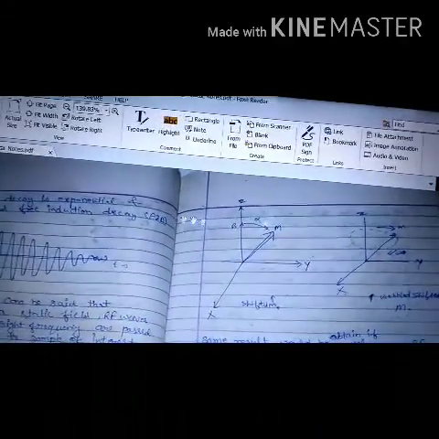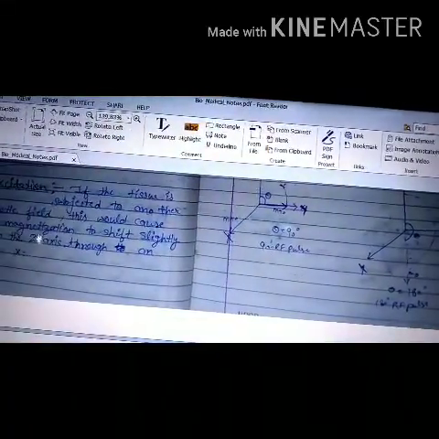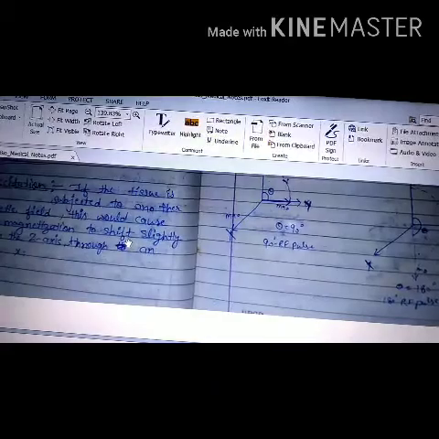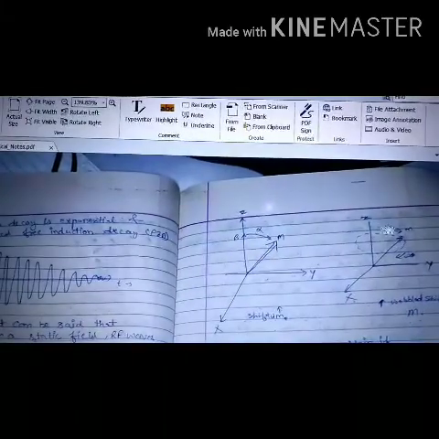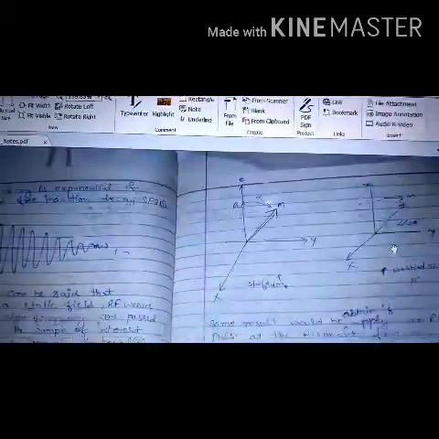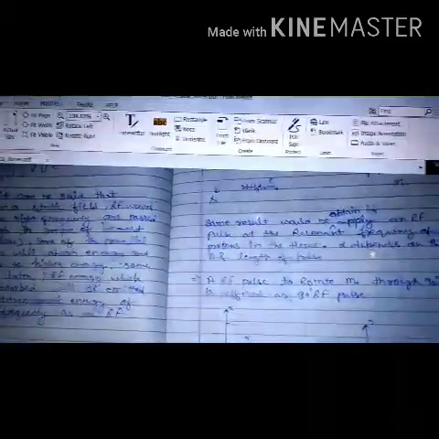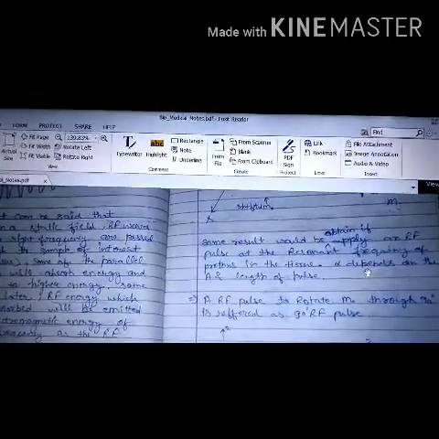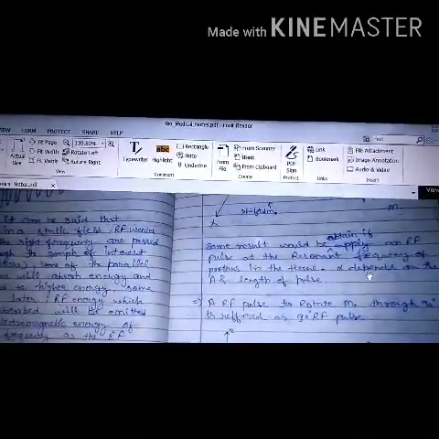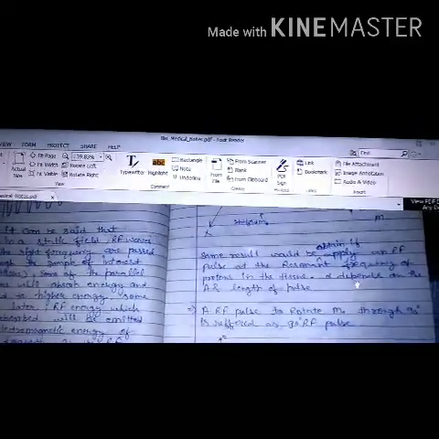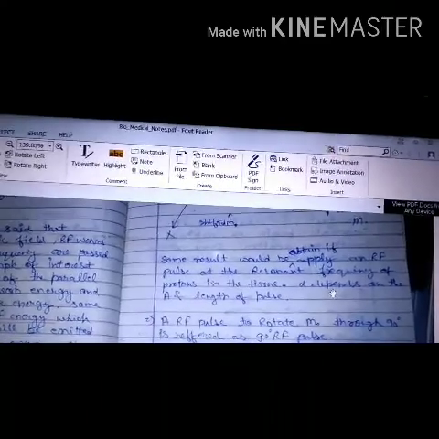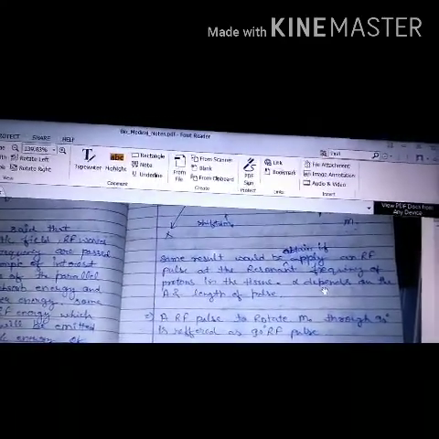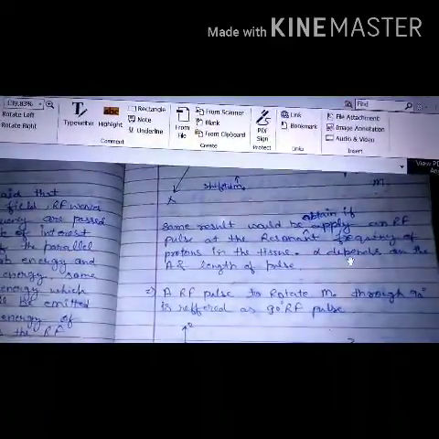Now this angle alpha depends upon how much magnetization has been applied along that axis. Okay, and if magnetization is there properly, then this will also rotate about the z axis with an angular velocity of omega. The same result would be obtained if an RF pulse, or a resonating frequency of protons in the tissue, is applied. Even if an RF pulse is applied instead of a magnetic field, we will get the same results, and alpha will depend upon the length and frequency of the pulse.